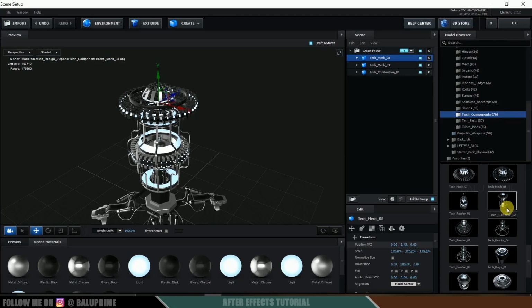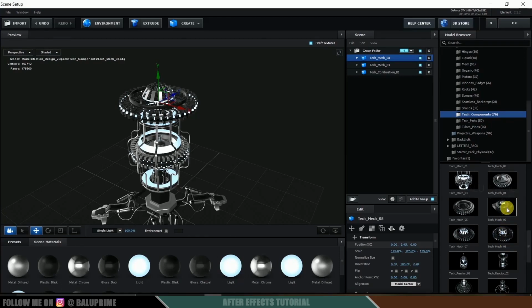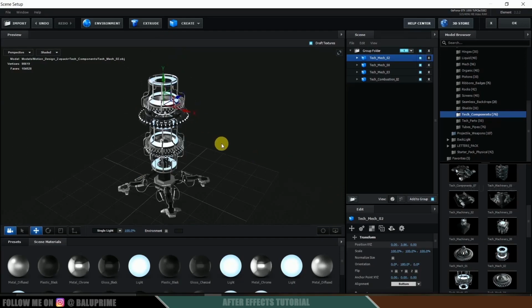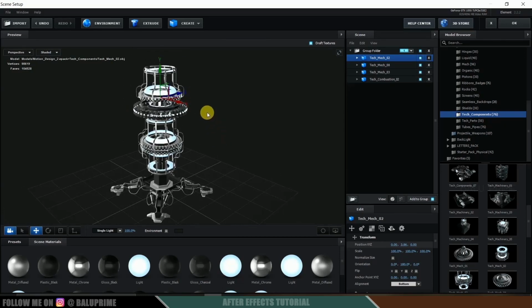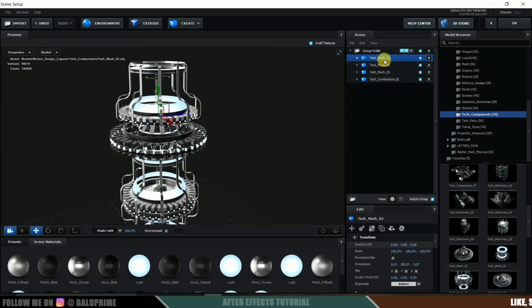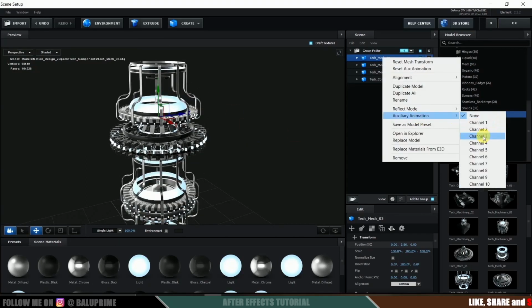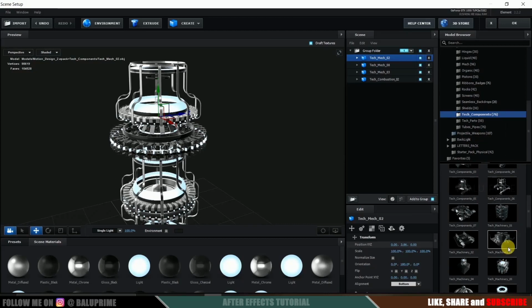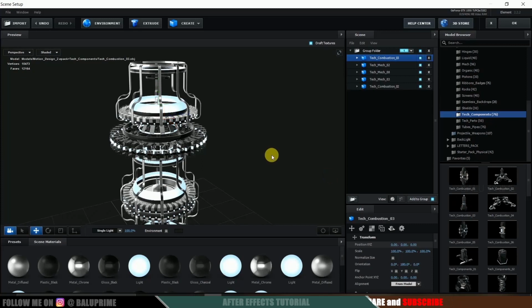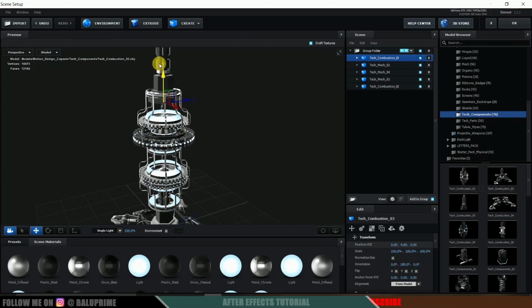Finally, let us add this component here. Place it at this position and change this to channel 3, and at the last let me place this one. So bring it here and just put it here. Okay, nice.